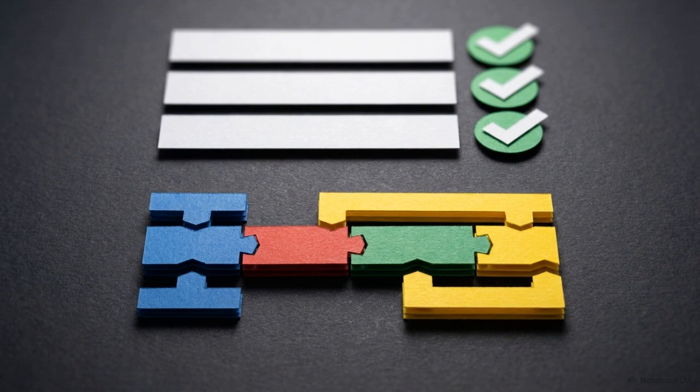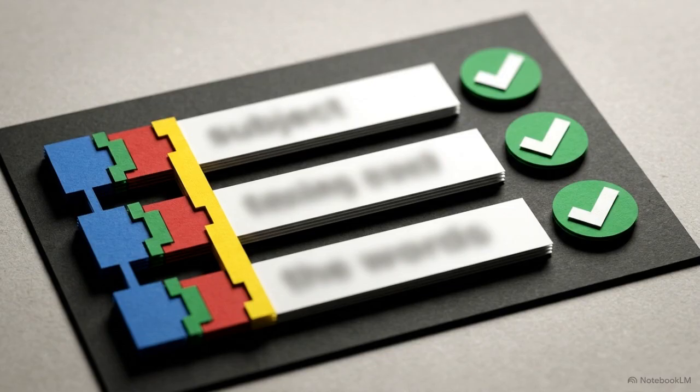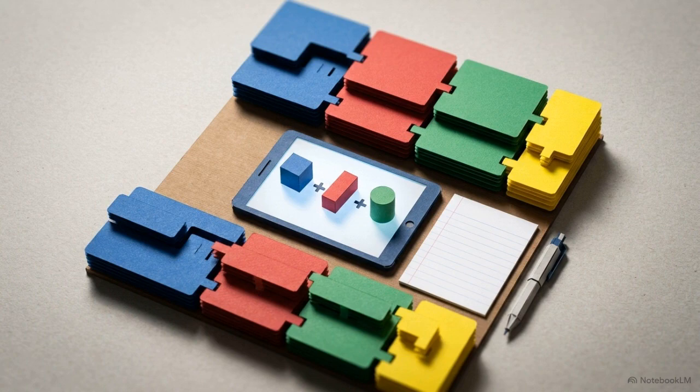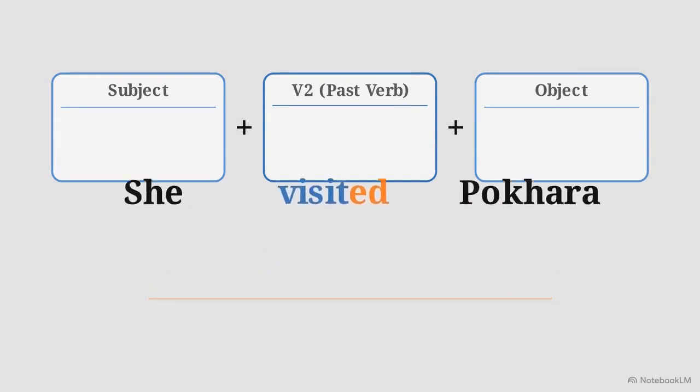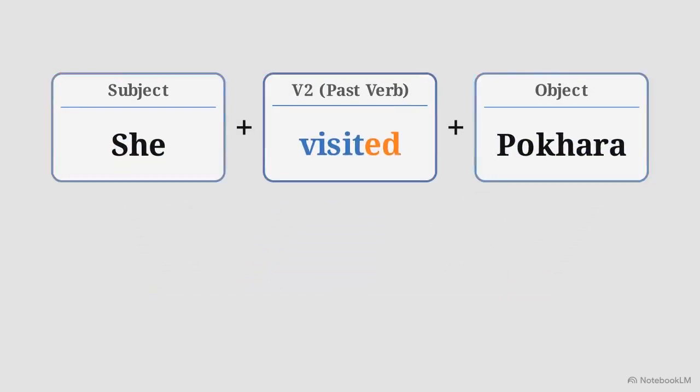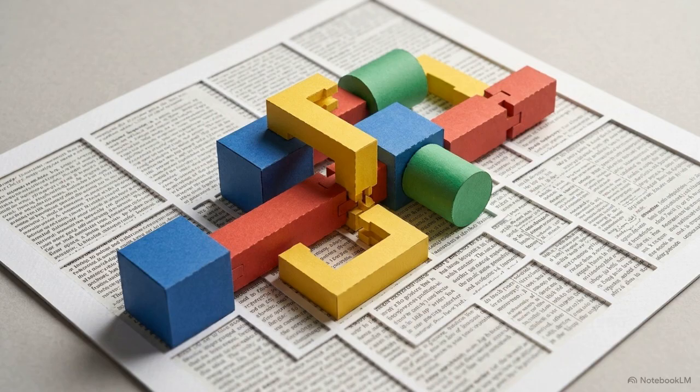You built the negative, the yes-no question, the WH question, the question tag, the passive voice, and the indirect speech, exactly to standard. For the rest of your assignment, keep this blueprint open. Select your next subject and verb, for example, she visited Pokhara, and apply these exact same formulas. English grammar homework is never an unconquerable wall of text. It is a series of strict, repeatable blueprints waiting to